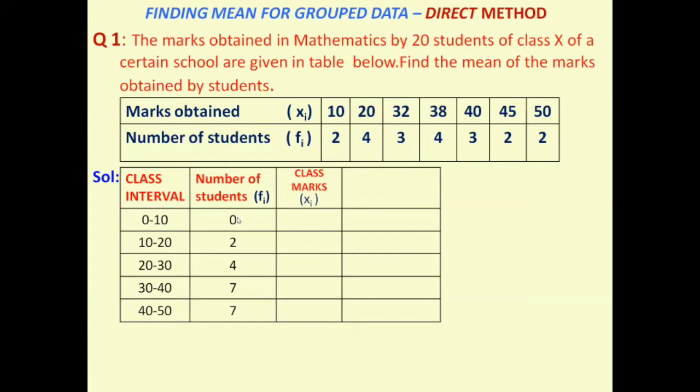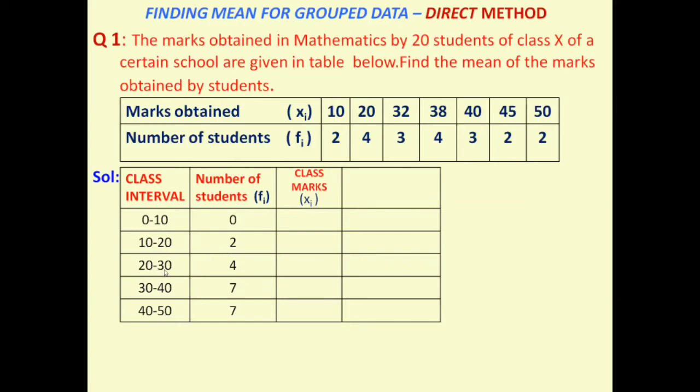That's why we are not taking the 2 here. We take 0 to up to 10. So how much do we have? Nobody is there. Here we have 10 marks students, we have 2, but we are not taking the 2 here because up to 10 only we have to take. That's why 0 is written. In the next one, 10 to 20, up to 20 only we have to take here. How many persons do we have up to 20? This is 20, so no need to take this. Here up to 20 we have only 2. That's why we bring the 2 students into this class.